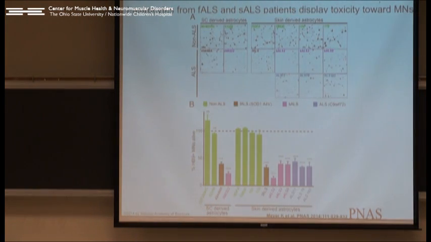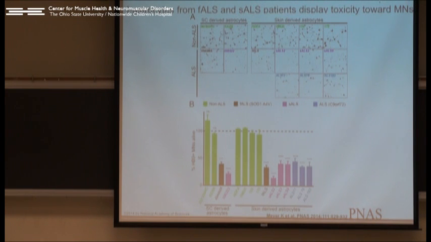So what happens now when we take these cells? The person who did this was Catherine Meyer, who spoke to you last week on C9 open reading frame 72, who really pioneered this work in our laboratory. In green are the normal patients, so they don't have ALS, in black A4V SOD1 patients, and we have sporadic ALS in this purple color, and in blue are the C9 open reading frame 72 patients. So now we've rapidly been able to model the disease, include C9 open reading frame 72 in these samples,